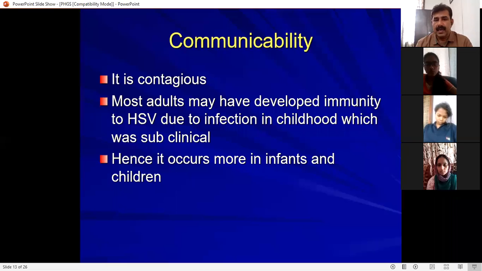It is contagious, but most adults don't have this type of disease. Some of them would have had a primary infection that went asymptomatic, and at that time some amount of antibodies would have developed in our body, so you get some sort of resistance. That is why you may not find these lesions mainly in adults. You may find them only in infants. And by the time this lesion occurs in infants, antibodies against this virus develop, and later on they may not get this type of lesion.